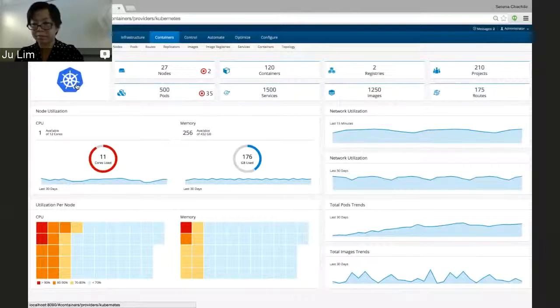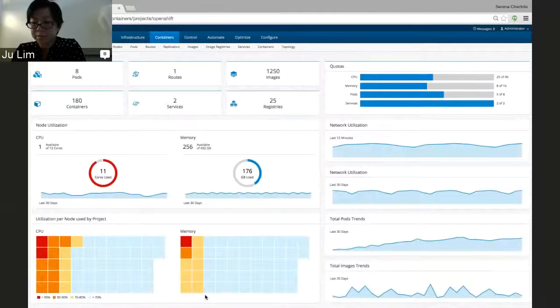So I'm just showing you the alternate where if it's a Kubernetes provider, you can see the same thing. At some point in the future, we will likely tailor the contents of these views to be a little bit different for the Kubernetes provider versus the OpenShift provider. But at this point today, we don't have those differences. The final one I'm going to show you is